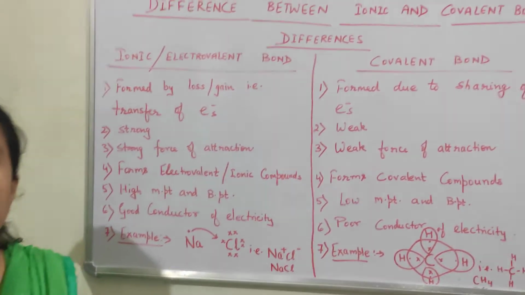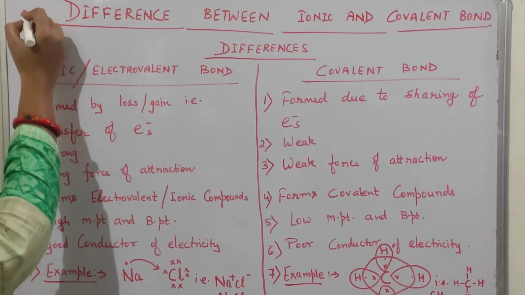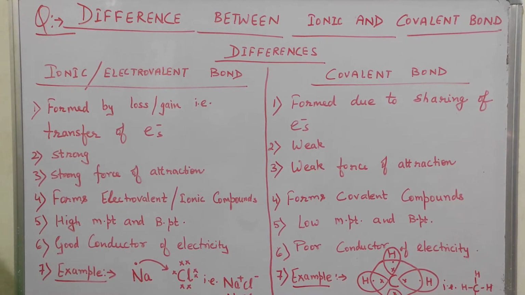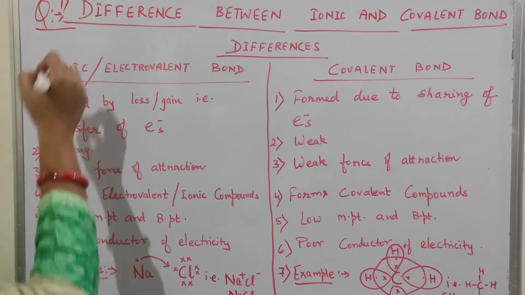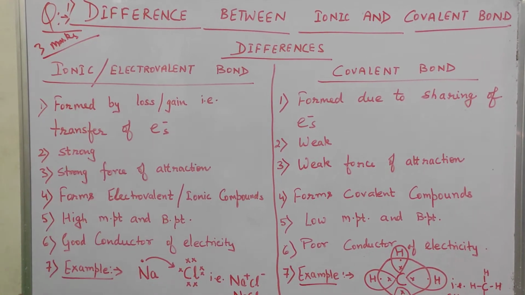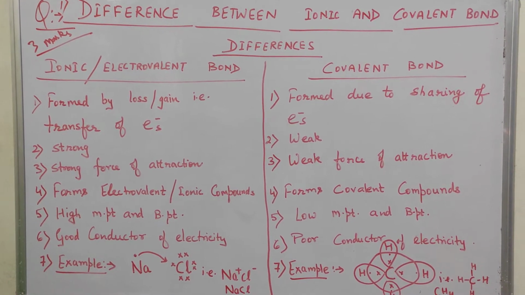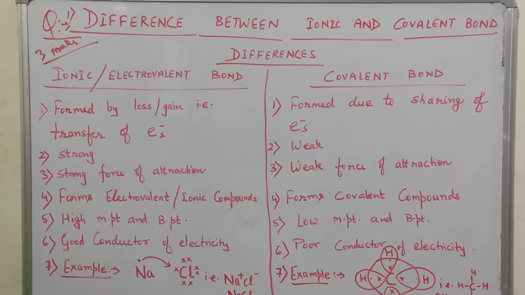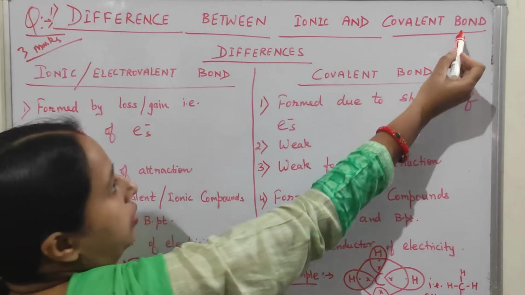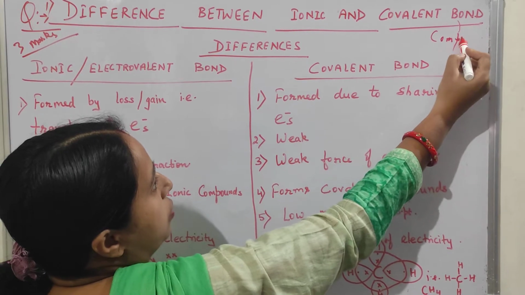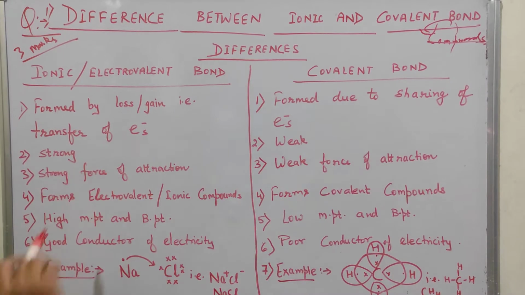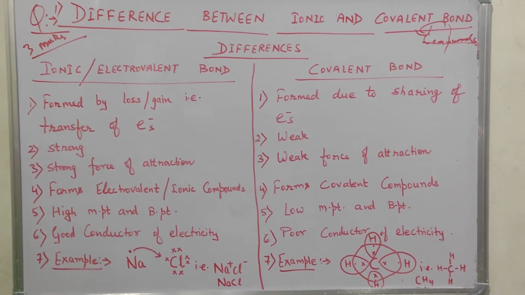So let us first find out what is the important question there. So one of the important question is that difference between ionic and covalent bond. This will be first type of a question containing 3 marks. Same type of a question they may ask, differentiate between ionic and covalent compounds. In place of a bond, they may write compounds also. So if you know about the bond, you can write the same thing for the compounds also. Now, how to write your answer?